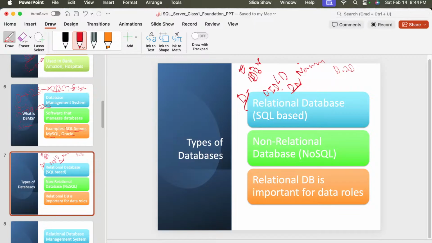One is called the employee table, the second is called the department table, right? In the employee table we have employee ID, employee name and department ID. In the department table we have department ID and department name, and both tables are connected using the department ID. Here you can see department ID is common in both tables.